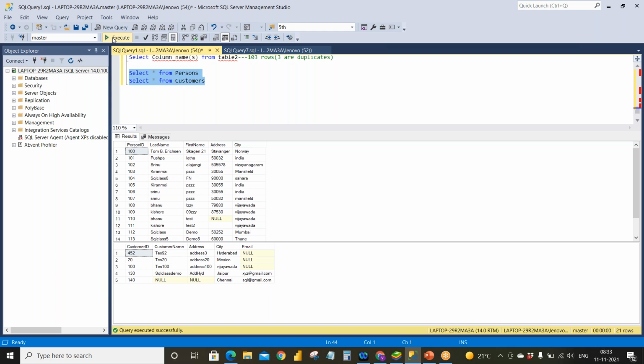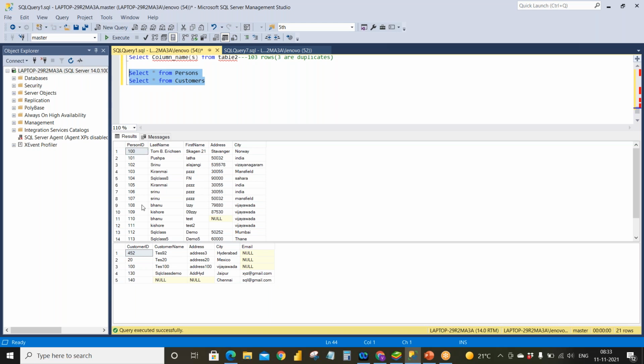So we'll see. First of all, I want to see whether I can give it this way. Persons table we have, customers table we have, and the common columns you can see: city is a common column, address is a common column, and last name or first name we have as customer name. We will see whether we can match this last name and first name. And for the person ID, we have customer ID.